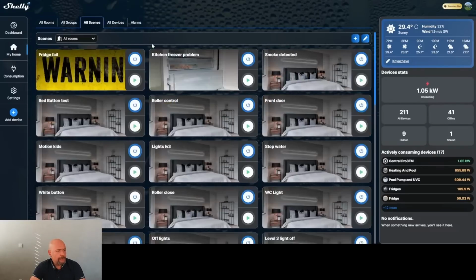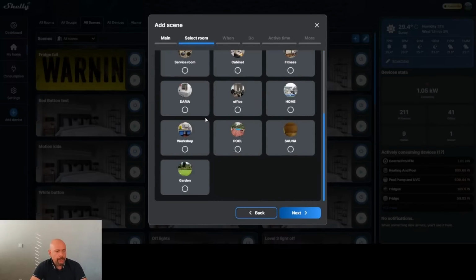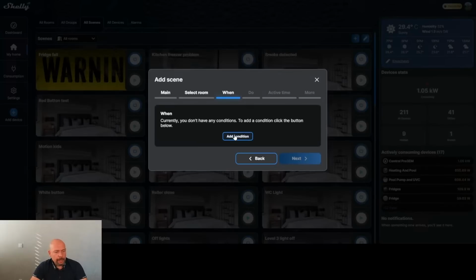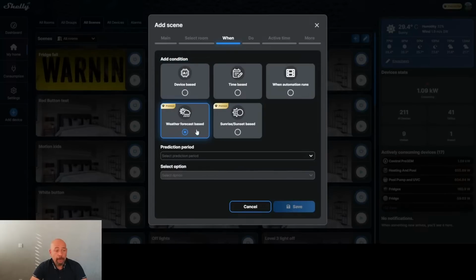Let's go to all scenes. I have many, but let's create one new scene. First I need to name it, choose, for example, the icon for this scene, and which room it should be placed in, let's say the garden room. And then in conditions, there are two different options which come with the premium plan. The first one is weather forecast based. When you choose it,